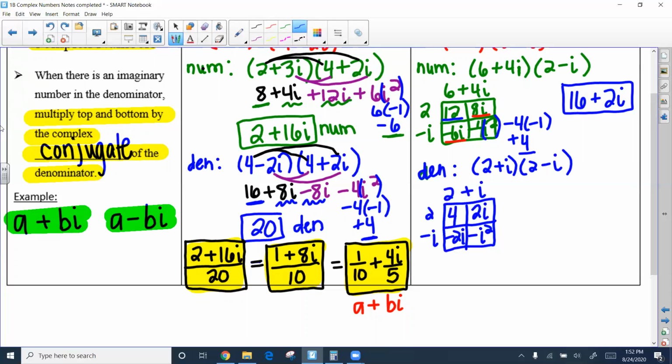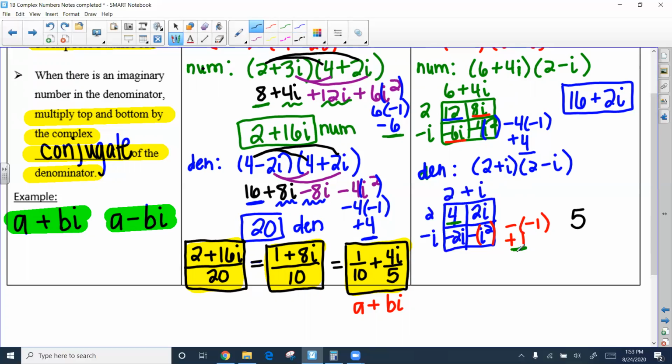Okay, then I've got to simplify the i squared. -i squared, remember i squared is -1. So this bottom box, the bottom right, becomes -1, since it was minus i squared. And so that's going to become a +1. And then the +1 can combine with the 4, and we get 5